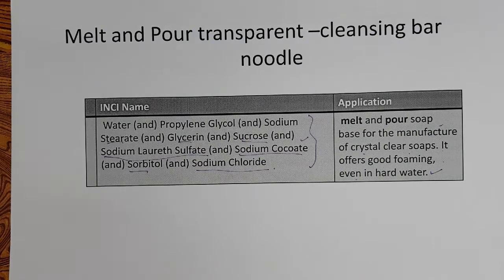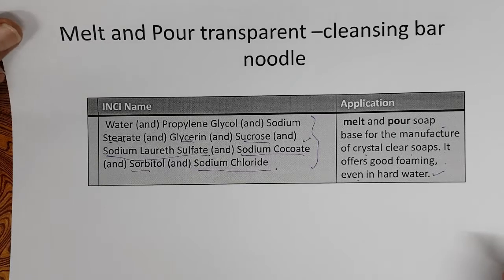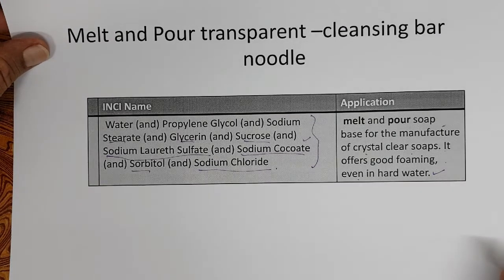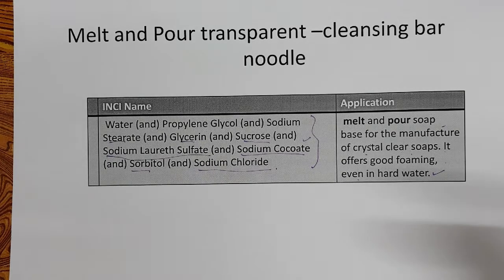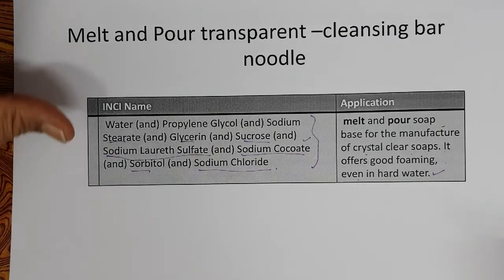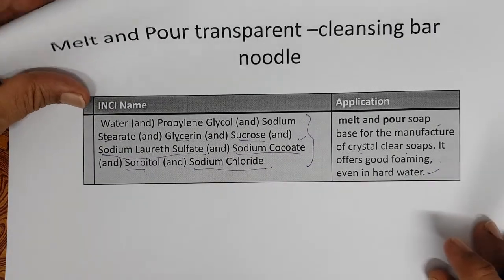So the noodles, if you are not going from the start, these noodles you can melt, pour into molds. While you melt it, you can add perfume and color and the actives, pour it into mold and the soap is done, right? This is a simple way of doing the melt and pour soaps, but to understand as a scientist, you have to go into the science of forming the melt and pour soap, which we discussed, right?